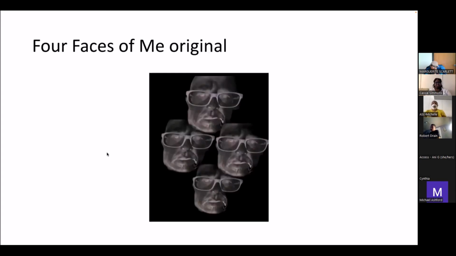These next 4 images are 4 faces of me with different colors, and it's a digital negative that the professor took. And I add the colors to this. This is the original one of the negative. And then the next is